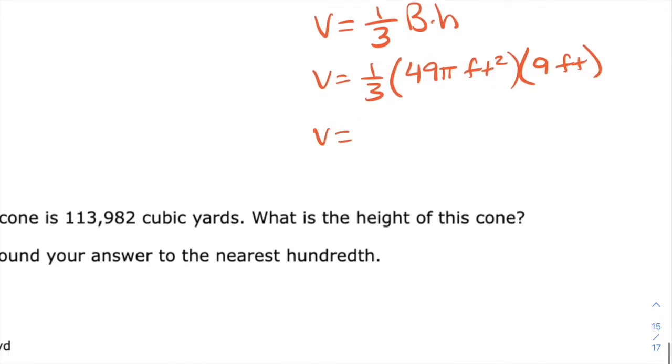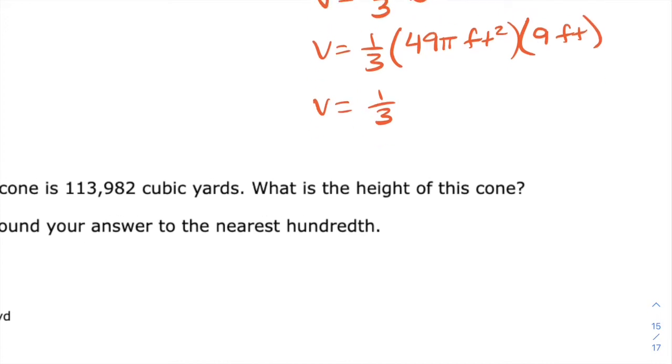So volume is 1/3, 49 times 9 is 441. So 441 pi feet cubed. I'm going to divide that by 3, and I get